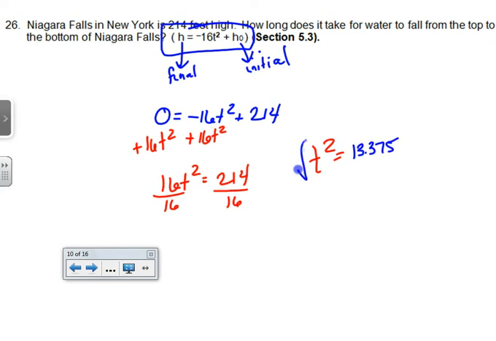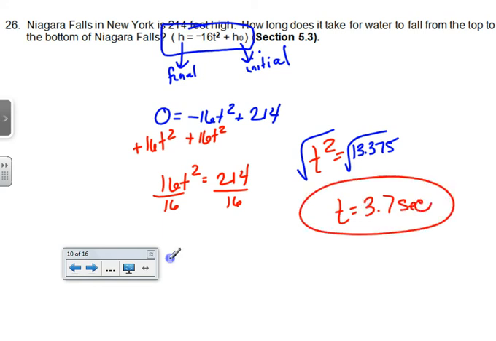And then final step, we're going to square root both sides. So square root gives us roughly 3.7 seconds. And it doesn't tell us where to round, I don't think, so I will take a few different answers. Okay,